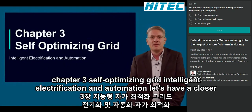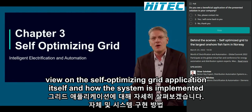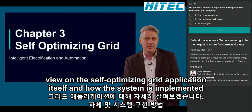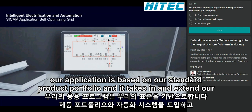Chapter 3. Self-optimizing grid, intelligent electrification and automation. Let's have a closer view on the self-optimizing grid application itself and how the system is implemented. Intelligent electrification and automation and the SICAM application of self-optimizing grid. Our application is based on our standard product portfolio and it